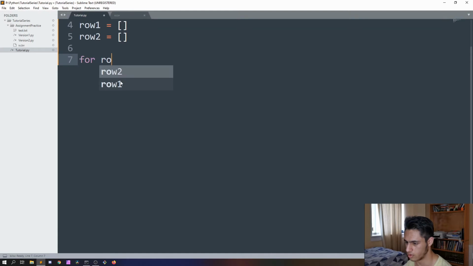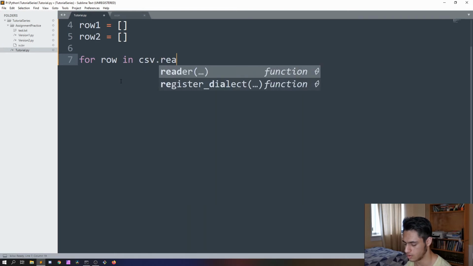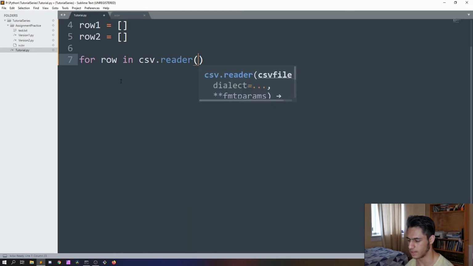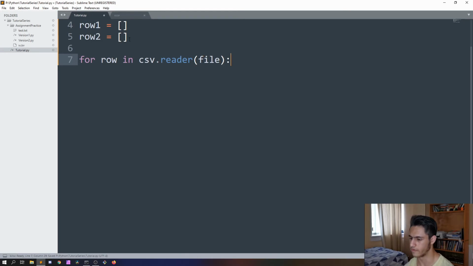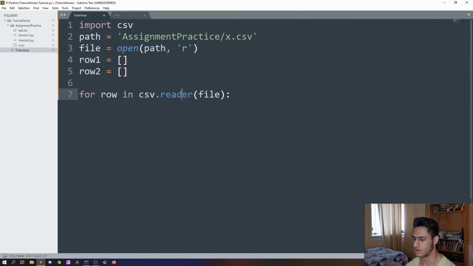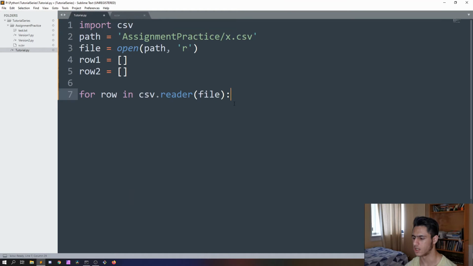So for row in csv.reader, and this takes a file, which we stored in the file variable over here. What csv.reader does is basically break every line into a list, and it removes the \n, which is exactly how you would do it using the with keyword, but this just does it for you. So now every row